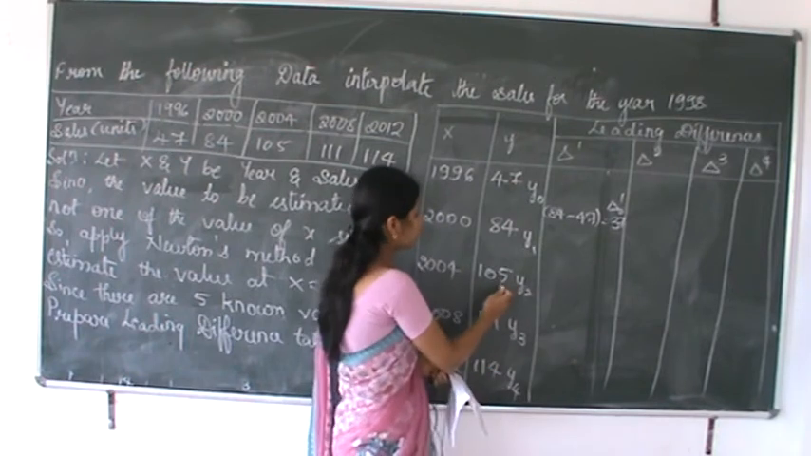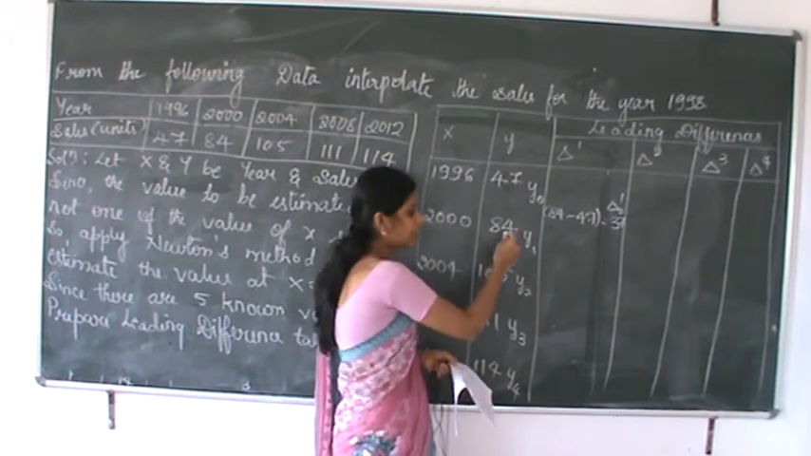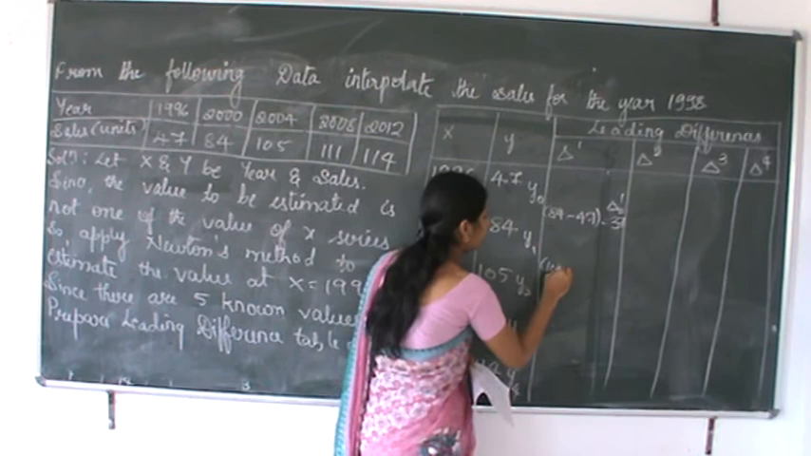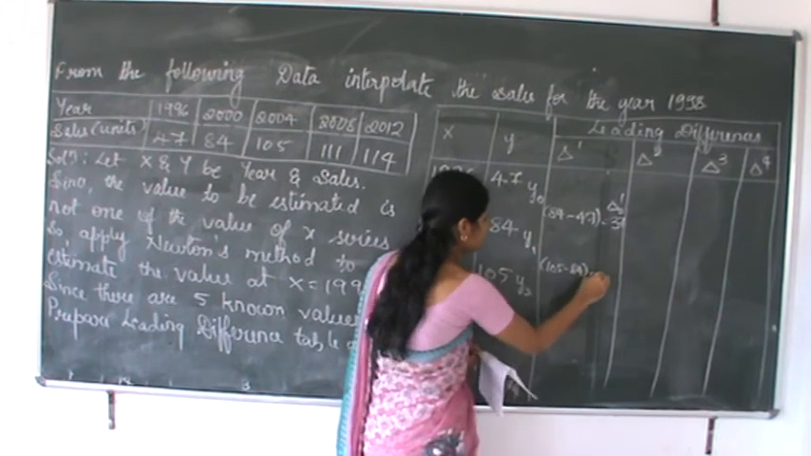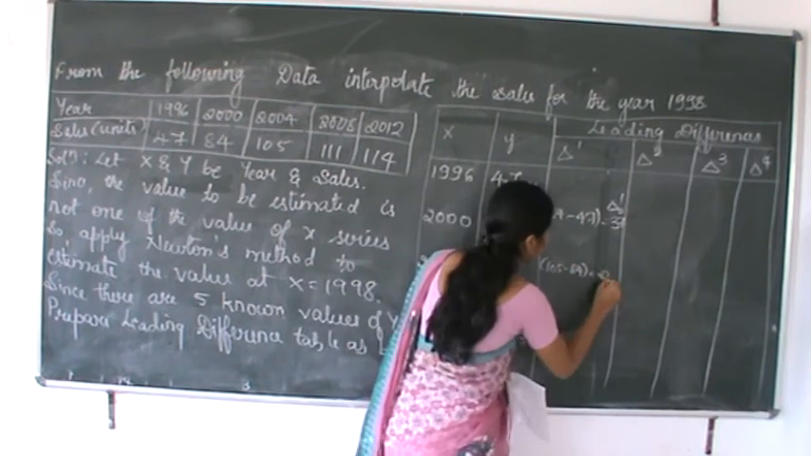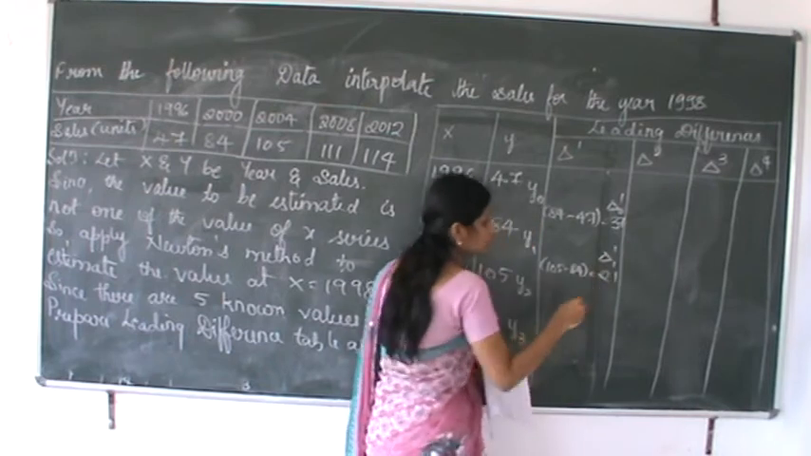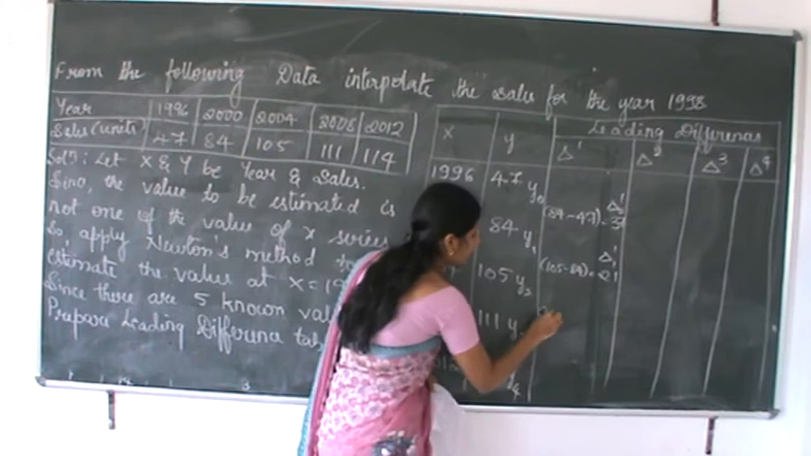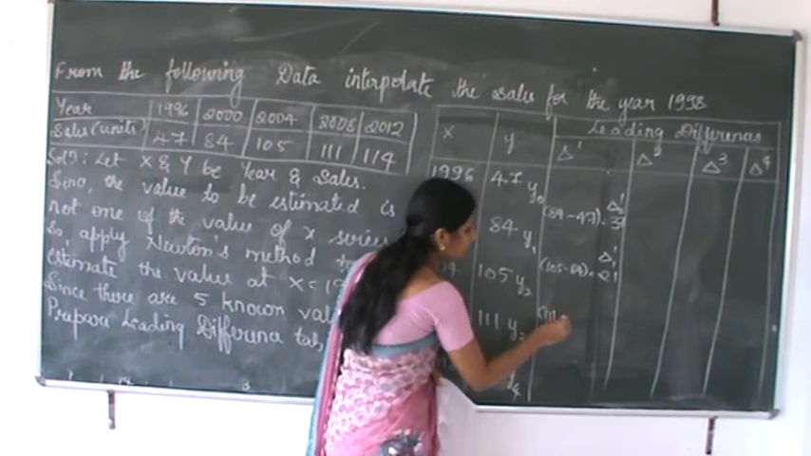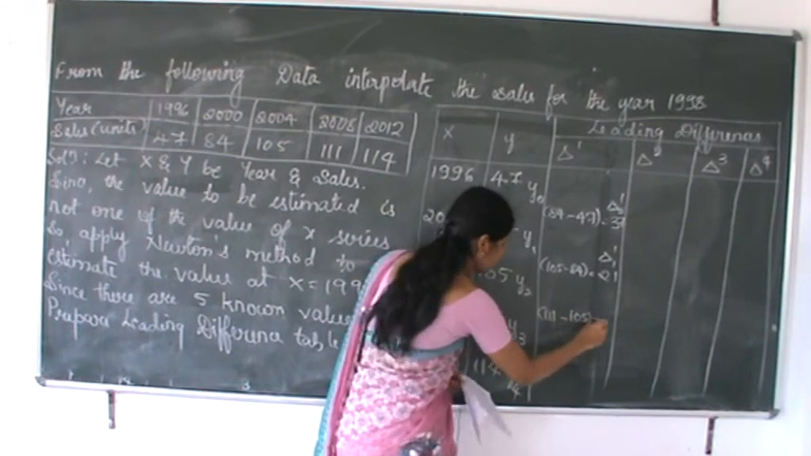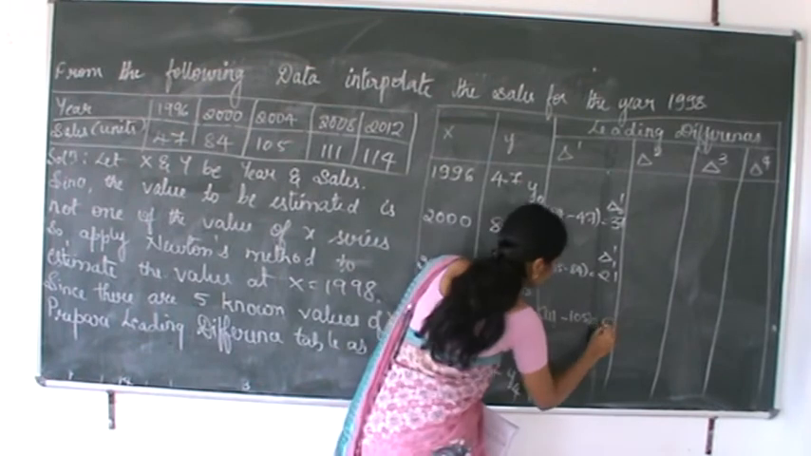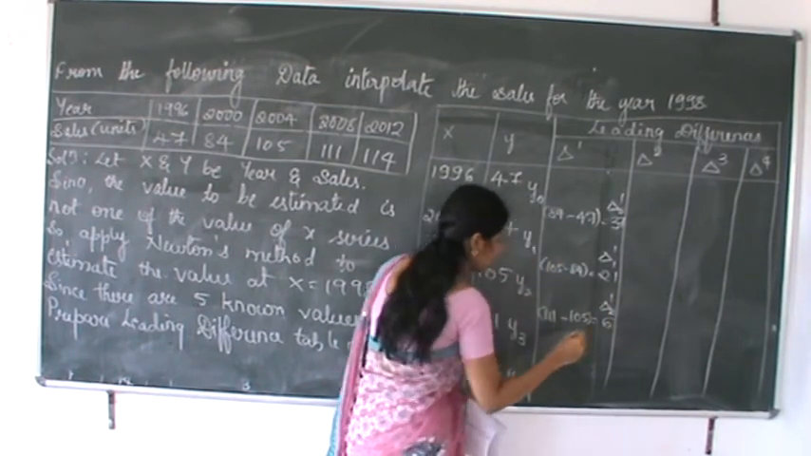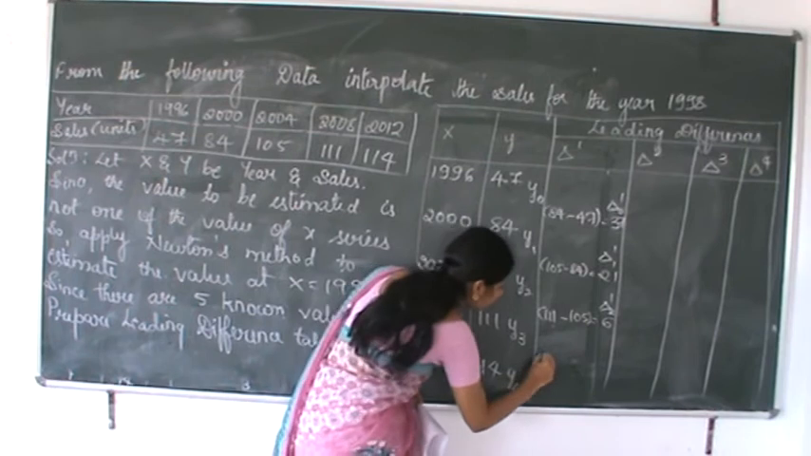Next, likewise 105 minus 84. Answer is 21. This is delta 1 raised to 1. Next, 111 minus 105 is equal to 6. This is delta 2 raised to 1. Next, 114